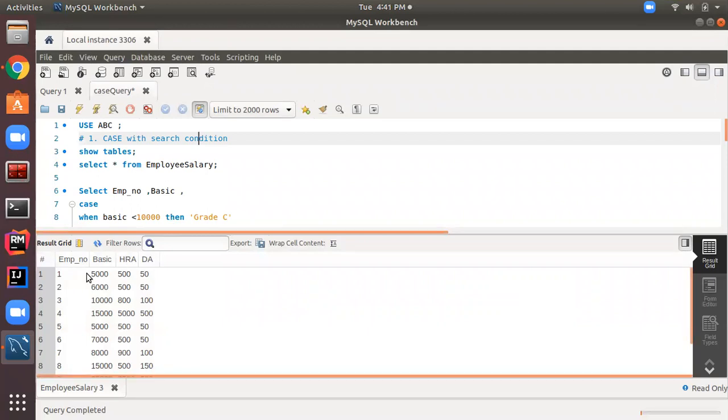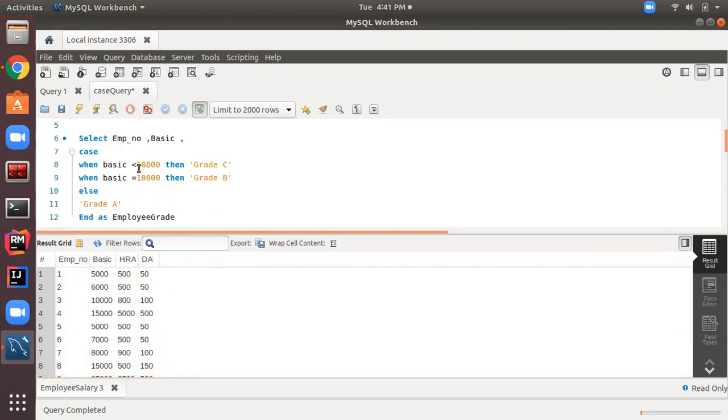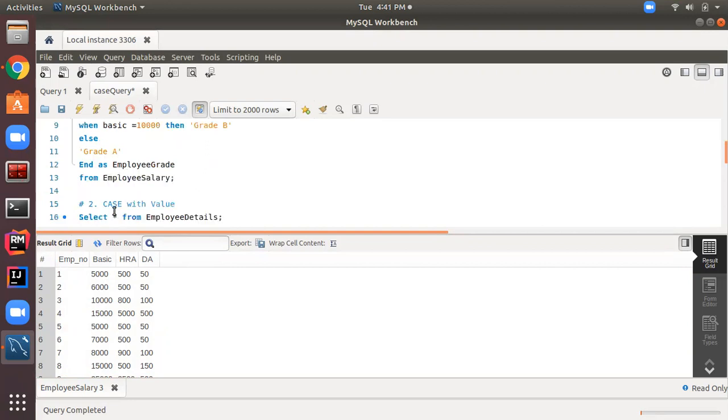Based on the basic salary, let's suppose I want to display the salary grade. I want to classify basic salary on the basis of grade. The grade condition is: if salary is less than 10,000, then display the salary grade as C. Else, if equal to 10,000, then salary grade is B. Else, display the salary grade as A. And here is the end of the case statement, as employee grade, and we want to name that column as employee grade, which will be added at the end of the DA column.